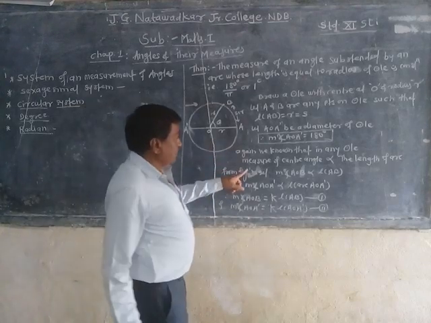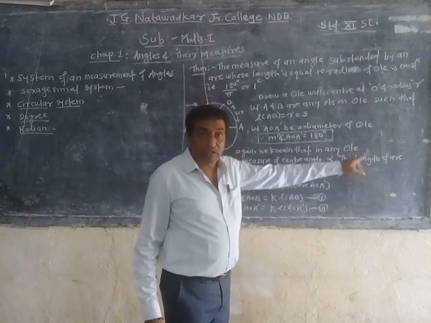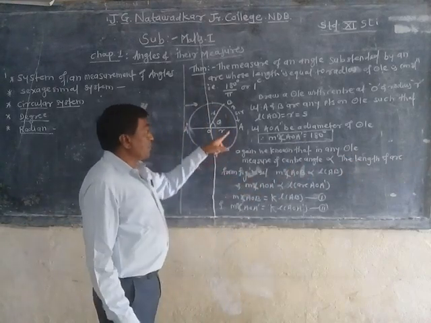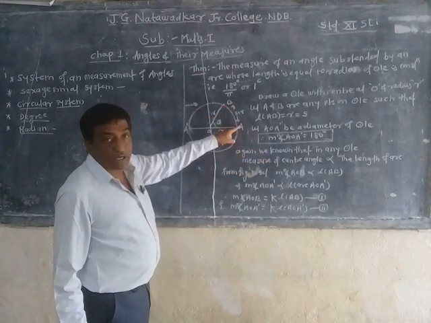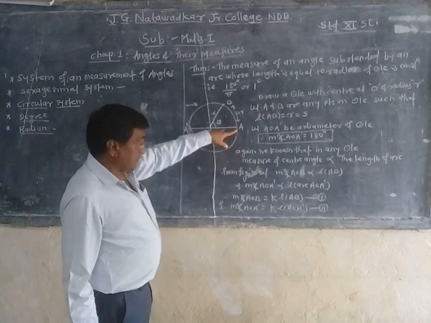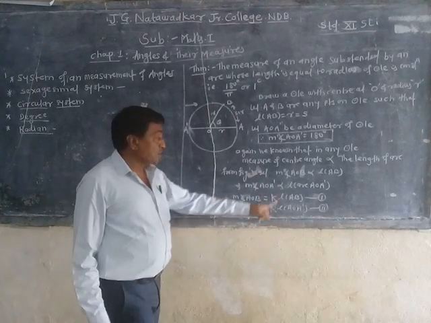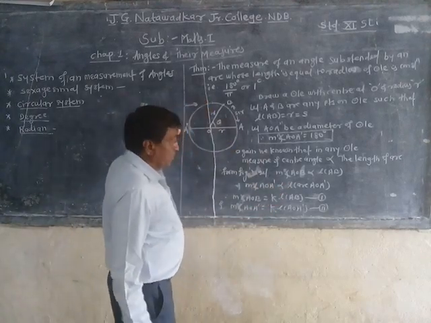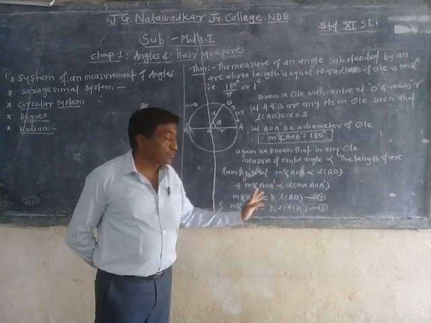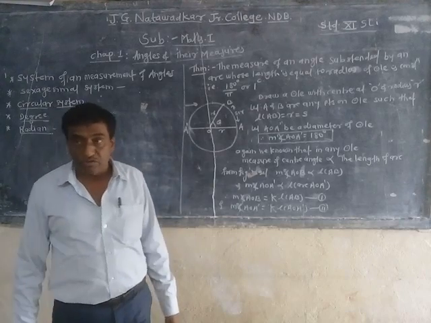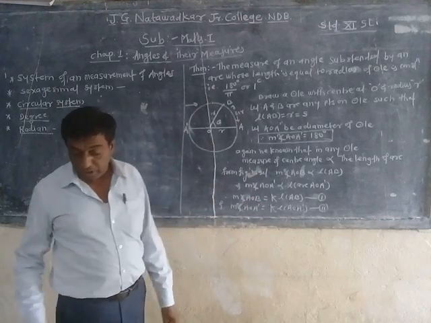So in this figure, the measure of an angle is directly proportional to the length of the arc, and that's why from the figure I will write here: the measure of directed angle AOB is directly proportional to the length of arc AB. Similarly, the measure of directed angle AOA dash is directly proportional to the length of arc AOA dash. Now if there is a directly proportional relation, we convert it into an equation by multiplying by a constant. So we get the new relation: the measure of directed angle AOB is equal to K into the length of AB.